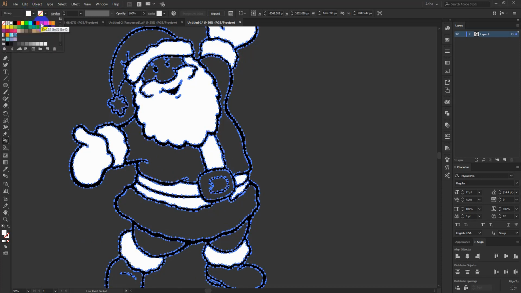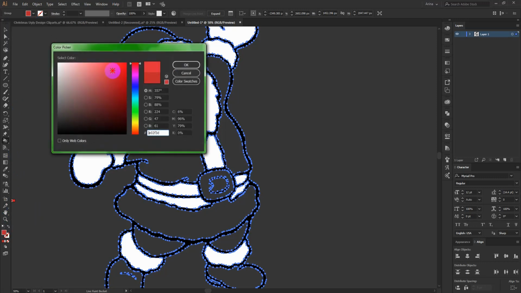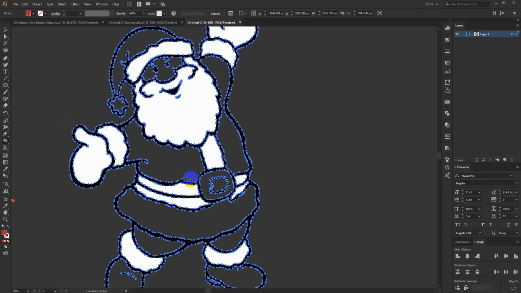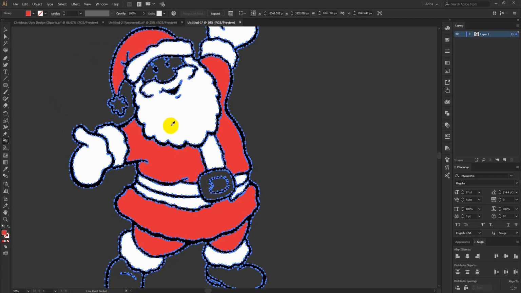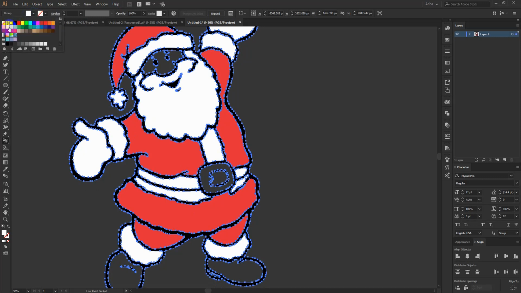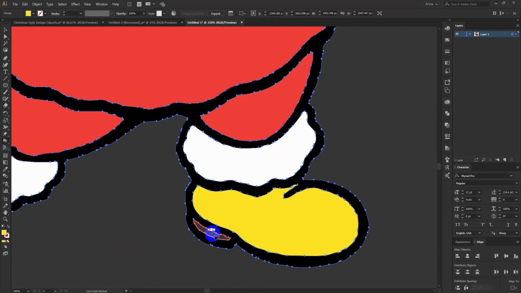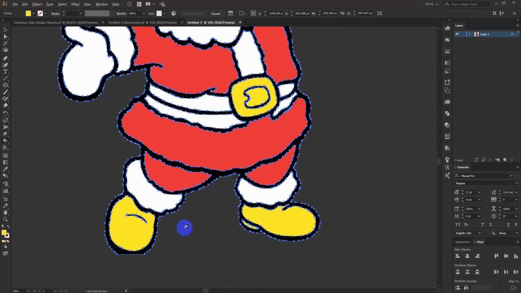Now I want to use this red color here, but not that much darker red, maybe a bit lighter one here. Now if I fill these areas here with this red color, and now I am again pressing Alt to bring my eyedropper. I am sampling this white here, pasting that here. Now I need a yellow color like the previous design I made, and if I click here, it will be yellow. Okay, I am going to just keep it all yellow for now.